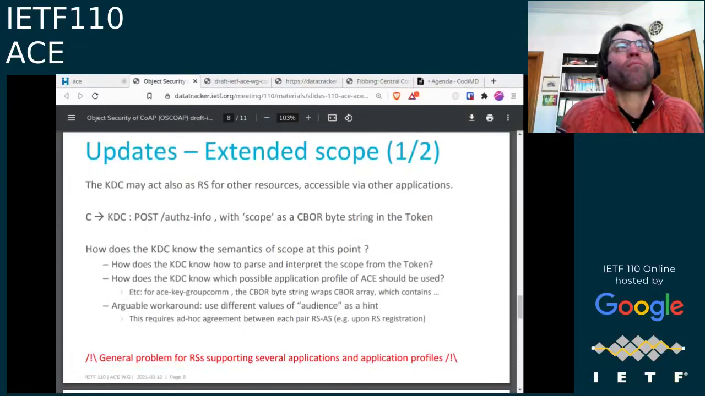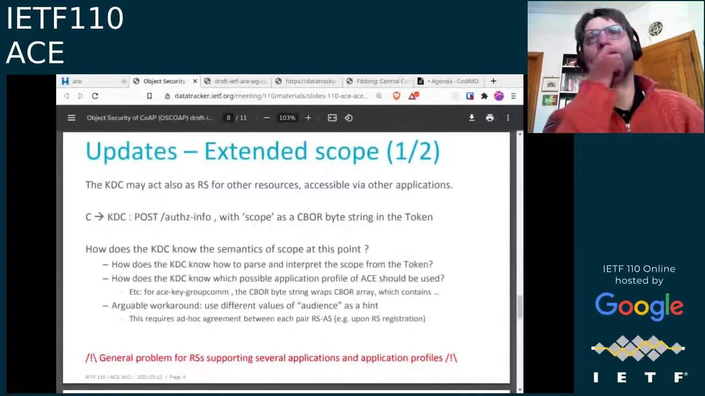Problem is that exactly at that point in time where the KDC receives the token, it has to know how to parse and interpret the CBOR byte string encoding the scope. So it has to know in advance or have a kind of hint of what semantics to consider to parse scope. So that was also rediscussed at the past interim, and I remember in the November meeting